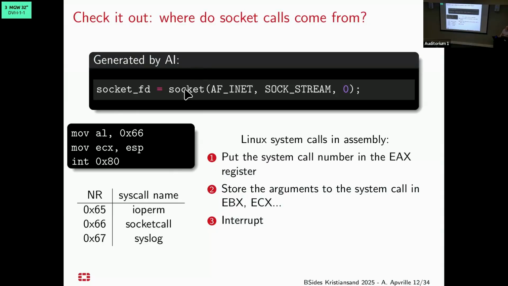So we see that this is generated by the AI. Actually, it comes out from this assembly code, which is there. And those 3 lines are actually indeed performing a call to socket because it is the software interruption INT 0x80 here, performing a system call. And then which system call is put in the register EAX, and it's going to be the number 66, and number 66 is socketcall.